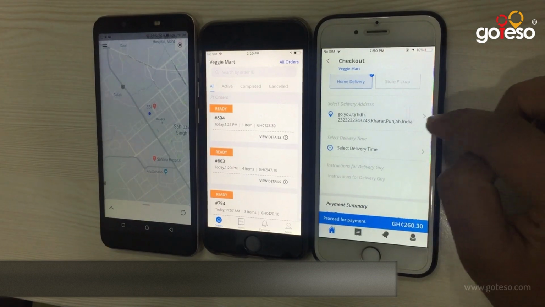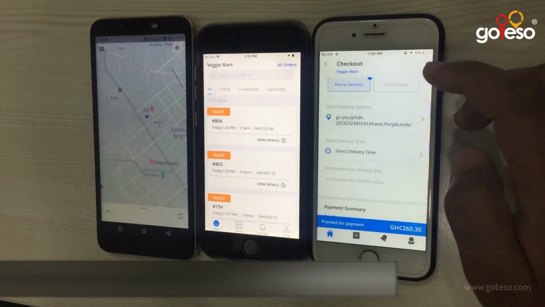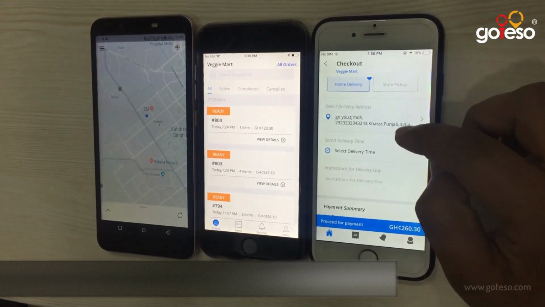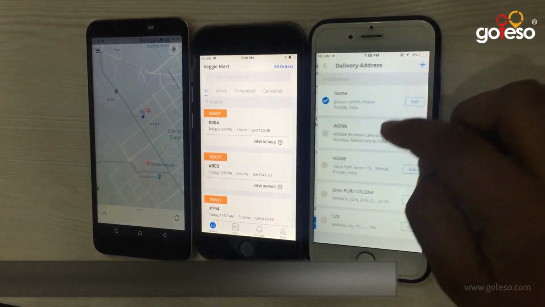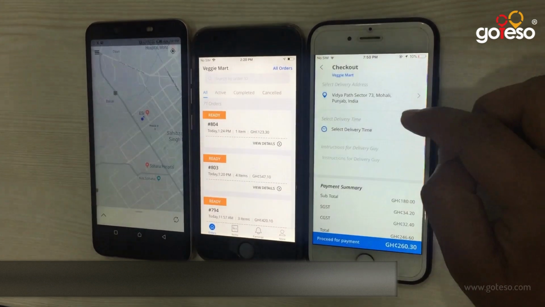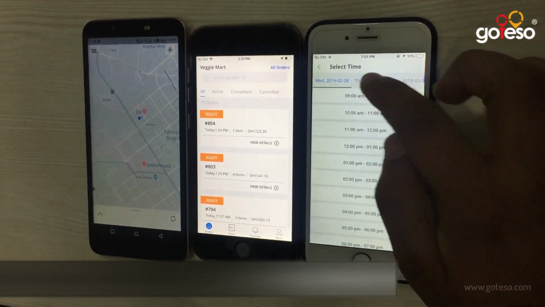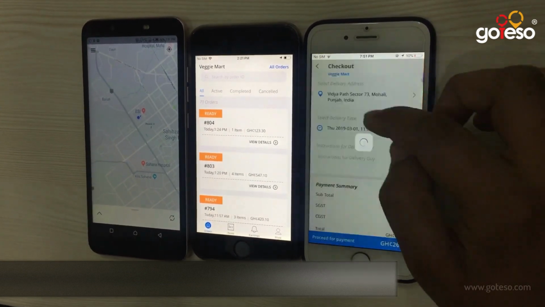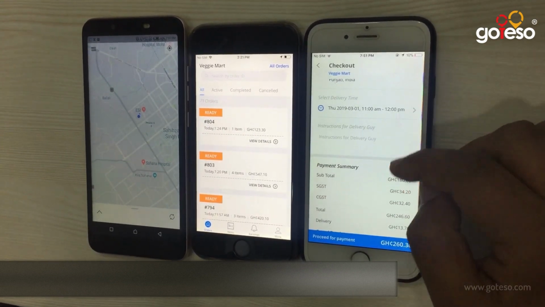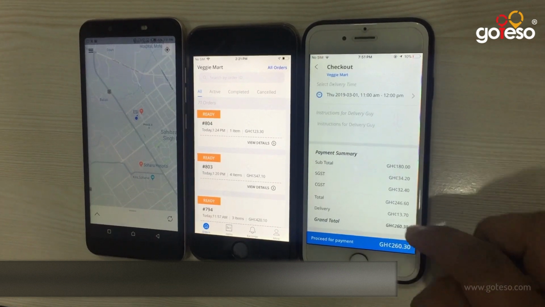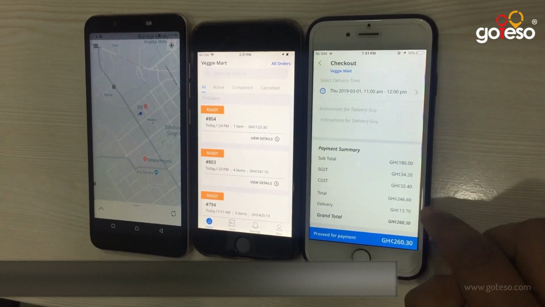Okay, you see by default we get this address, and we have this option of a default address concept. By that, we save time for the user to select an address. But the customer can also change it by clicking here and choosing a different one. All right. Then I get the option to select the delivery time. If I want, I can go to different dates and then select the time slot. Okay. Now there's space for instructions for the delivery boy if they want to add any. If they don't want to add, they can skip it. And then you can see right there we have a delivery fee. Okay, and everything is shown nicely.